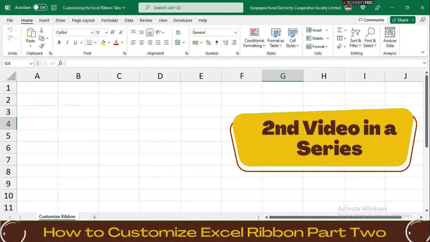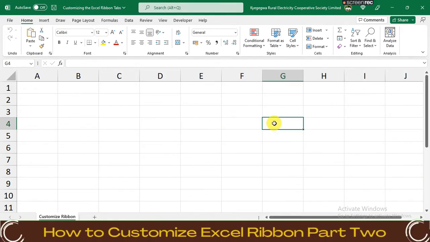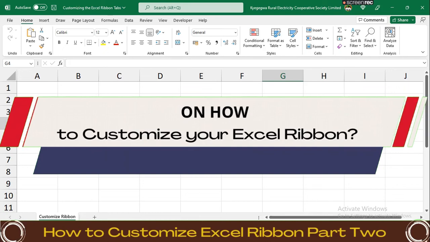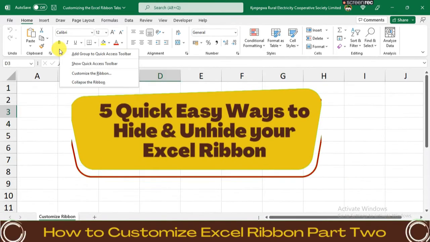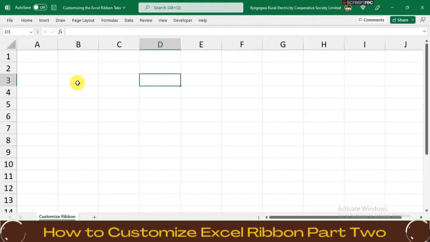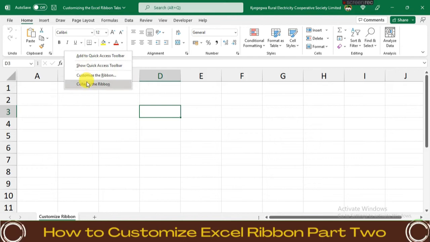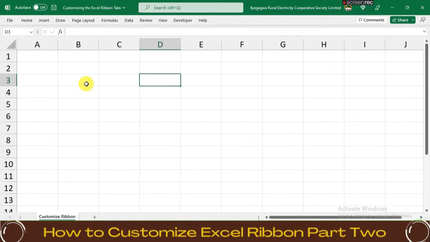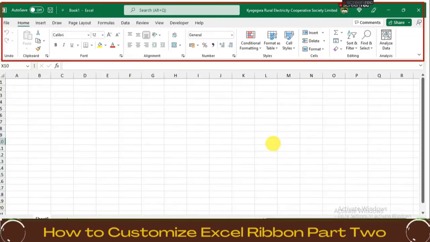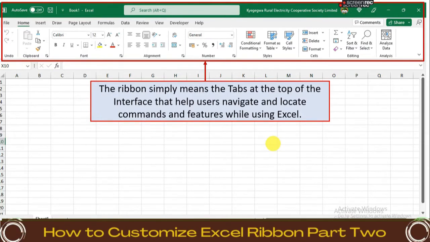Welcome to the second video in a series on how to customize your Excel ribbon. In this particular short video tutorial, I'll show you 5 quick and easy ways to restore your Excel ribbon in case it's missing, and learn how to hide and unhide your Excel ribbon to create more working space in your Excel worksheets. In our first video, we already learned and understood what an Excel ribbon is, and we also